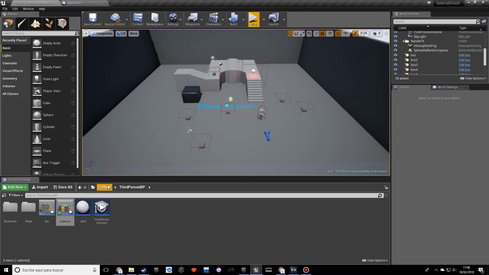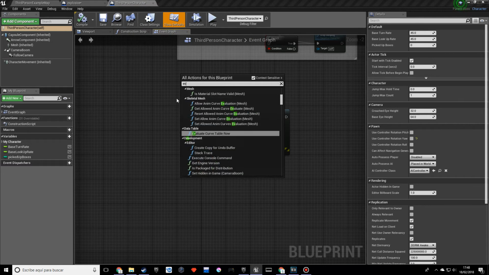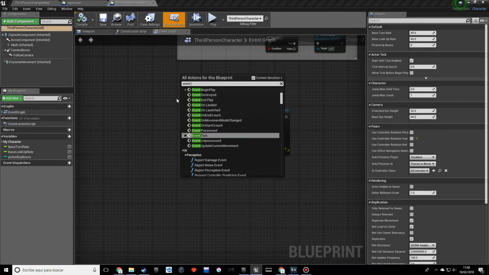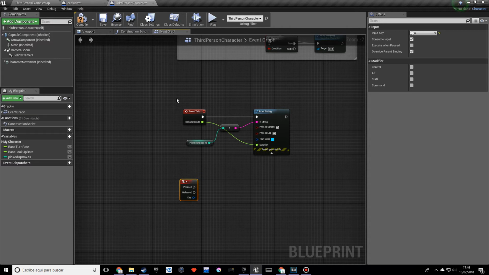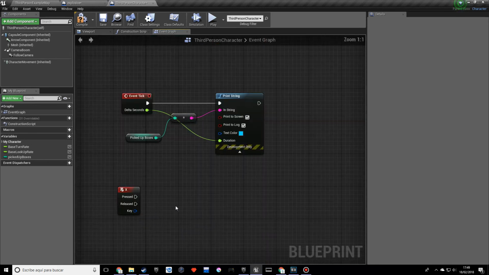So what we want to do now, since the input will be from the player, is go into the blueprint third person character, which is the player. So we want to type in an event, so type in event X. Well, you can do any key you want, but it's going to be X. So pretty much we're going to work with input, and an input is when the real player, the human player, presses a key on the keyboard or uses the mouse. Okay, so when the X is pressed,